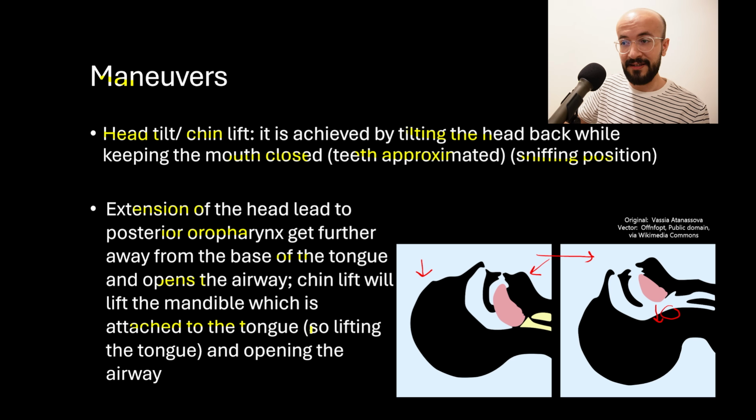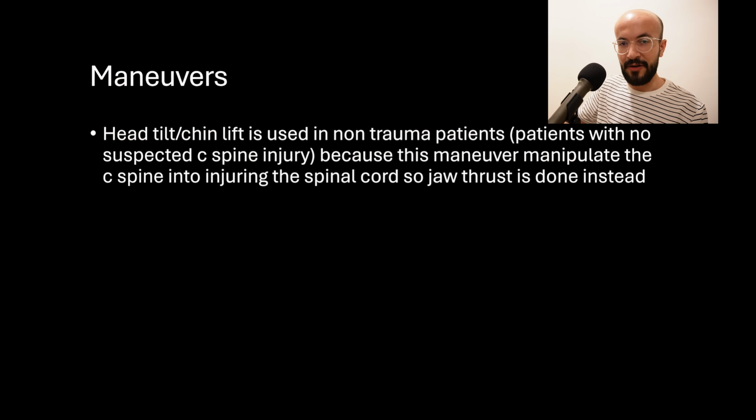So when it is lifted, this means the tongue will be lifted too, which means opening the airway. Now head tilt chin lift is used in non-trauma patients, which are patients with no suspected